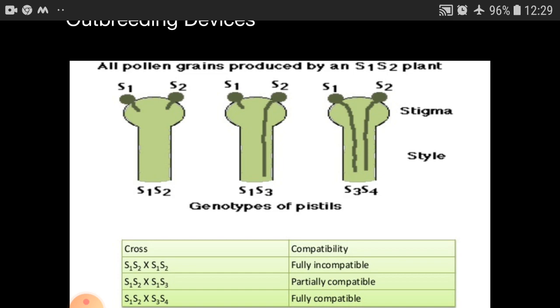So if a pistil carrying functional female gametophyte gets pollinated with the right mating type of pollen grains but fails to set seeds due to inability of their gametes to fuse with each other, then this is known as sexual incompatibility. This sexual incompatibility may be between the individuals belonging to different species, that is what is known as interspecific, or it can be between individuals of the same species, which is known as intraspecific, right?